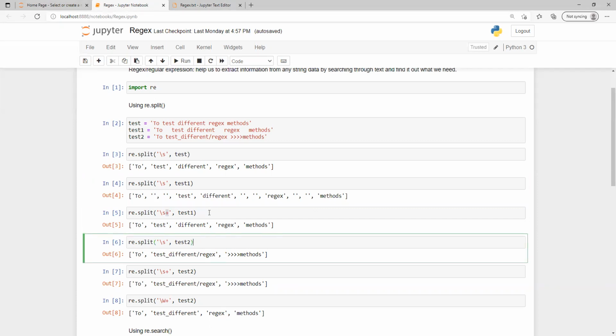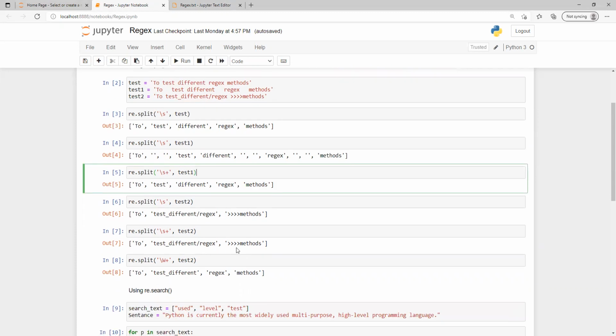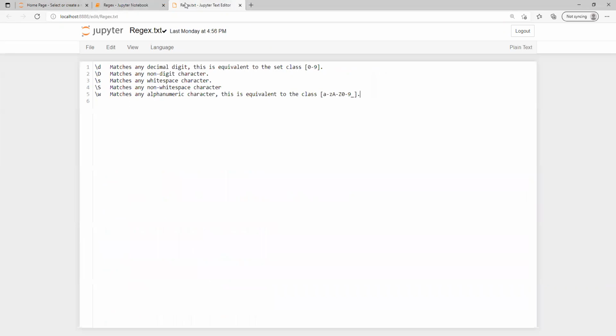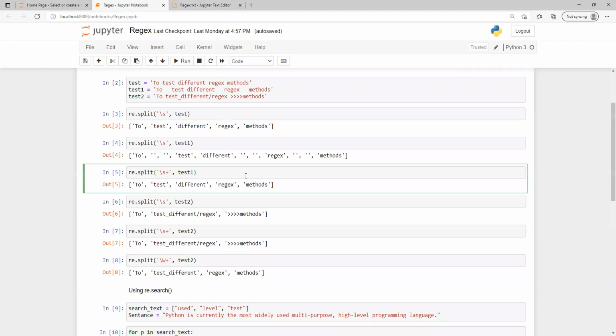Similarly, if we try to split test 2, where we have a special character, we see that it's not splitting correctly; it still displays the characters and extra symbols all in one word. Even if we add a plus, we don't get this. Capital \W is used for non-word characters, while \w is used for a to z, underscore, 0 to 9.